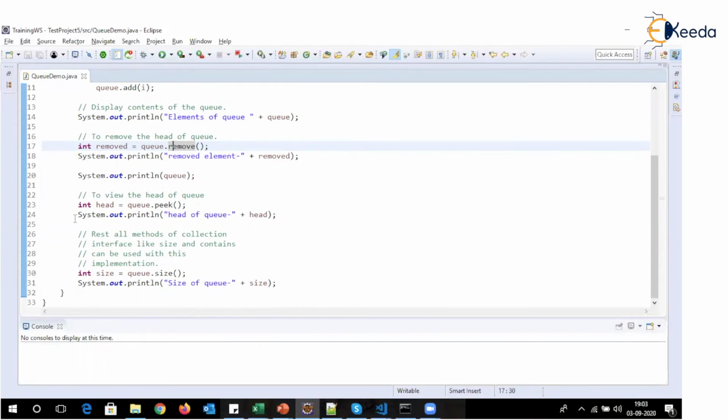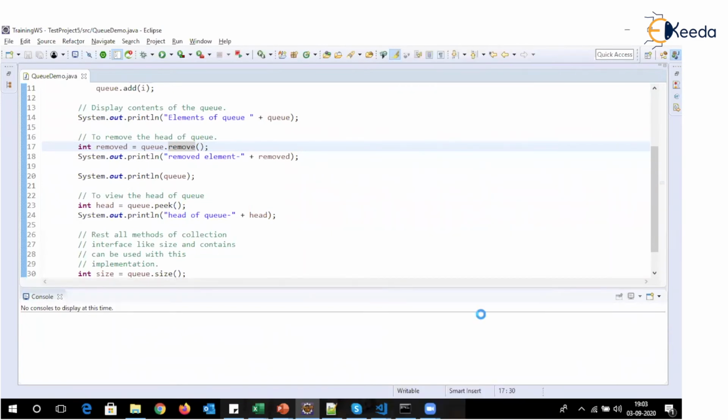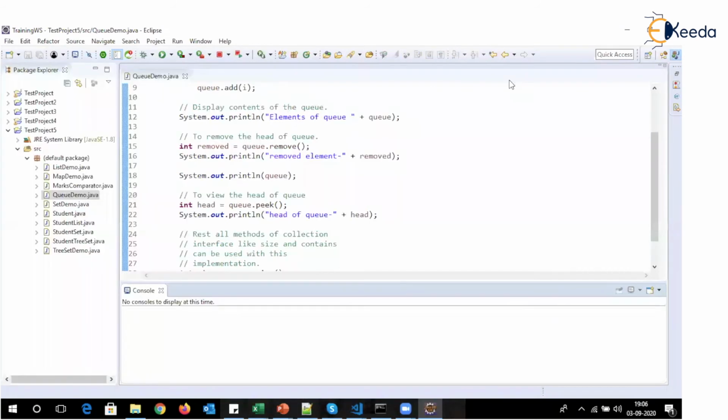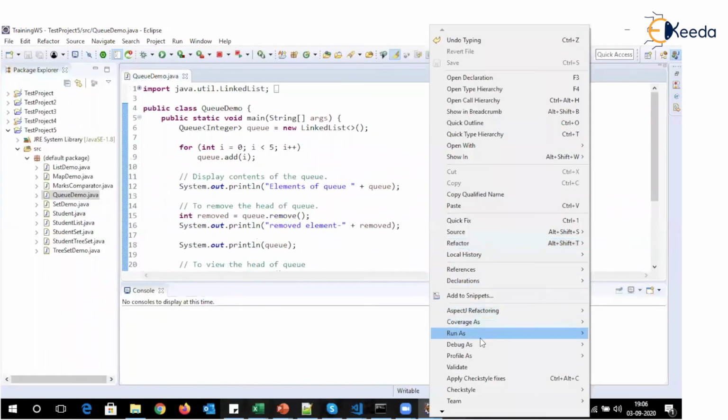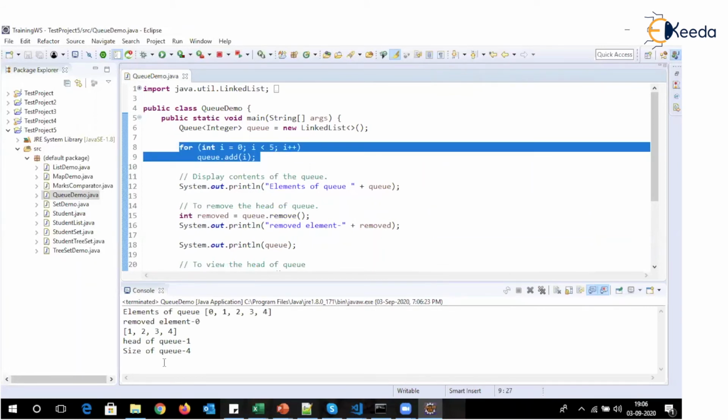And it works in the same way as LinkedList works. So let's see by executing this code. Let's try executing this code and you will be able to see that first of all it has added all the elements.